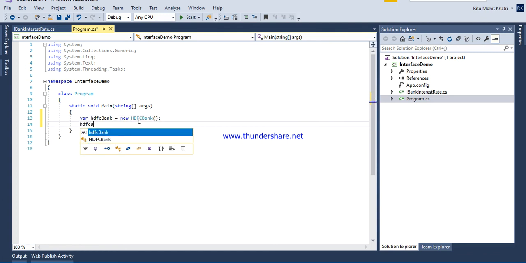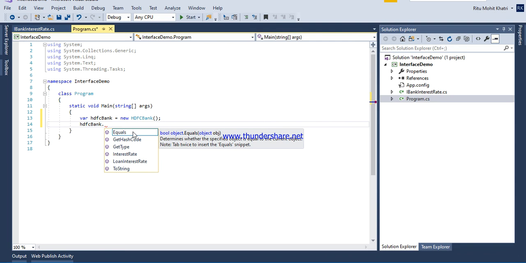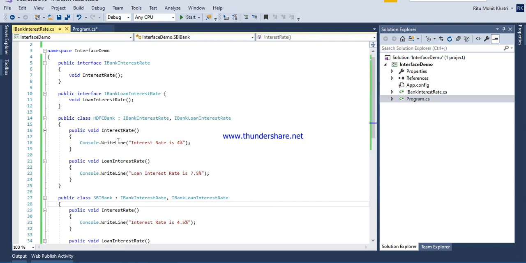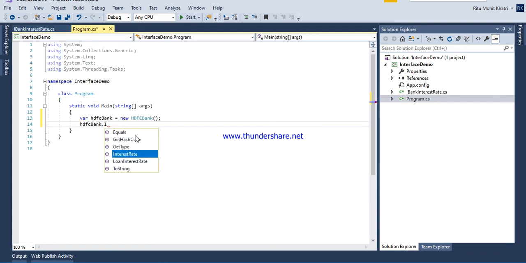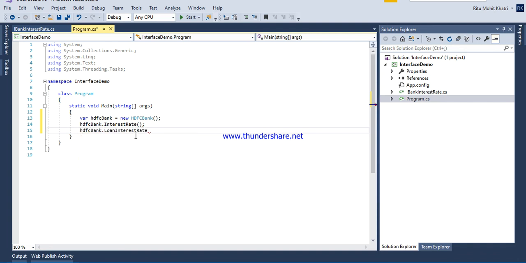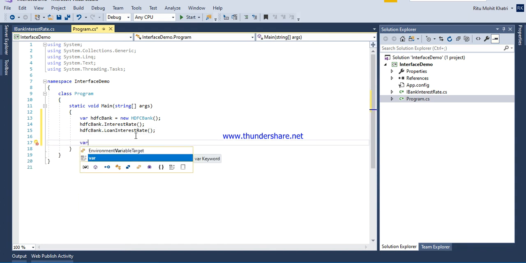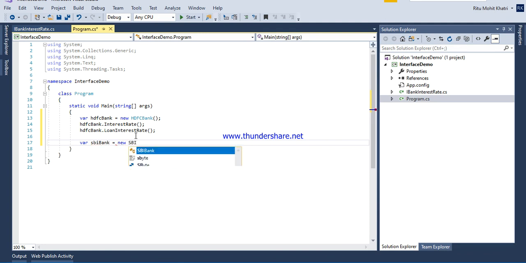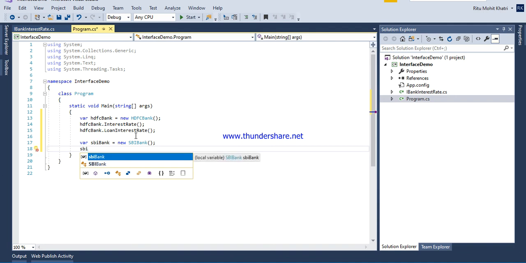Now HDFC Bank dot, we can see the methods we have defined in the class, that is the interest rate and the loan interest rate. And then also we have HDFC Bank dot loan interest rate. Similarly, you have the other class, that is SBI Bank, and you also define the interest rate for this.